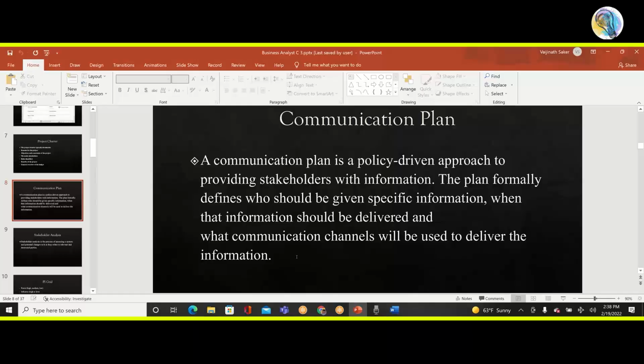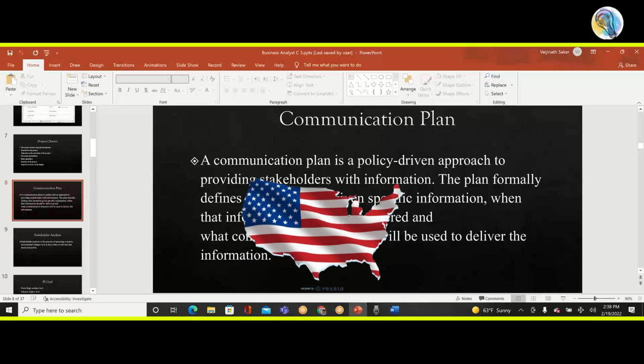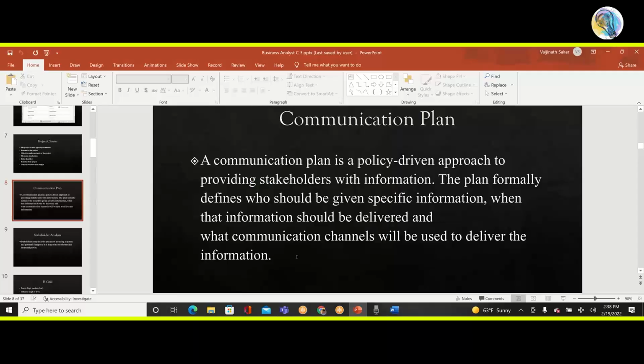So a communication plan is a policy-driven approach. Say, for example, some of the team members are in the US and some are offshore in another country. Say the project manager, the BAs, and the tech leads are in the US, and all the developers, testers, and DevOps staff are in another country altogether. Let's just assume that, because that's quite common, right? So now in this case,